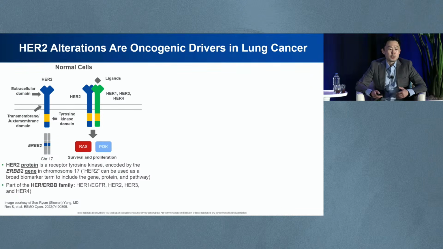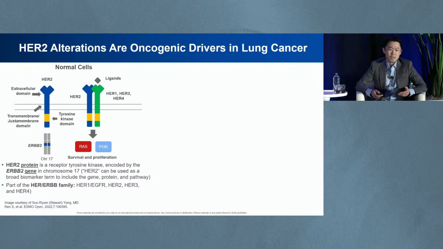The HER2 protein is a receptor tyrosine kinase that's encoded by the ERBB2 gene on chromosome 17. So HER2 is actually the protein, and ERBB2 is the gene. However, having said that, the term HER2 can still be broadly applied to refer to the gene as well, so you will see that used interchangeably. In terms of the structure, you have the extracellular domain on the top, the transmembrane or juxtamembrane domain in the middle, and then the tyrosine kinase domain, or the TKD, which is the main engine